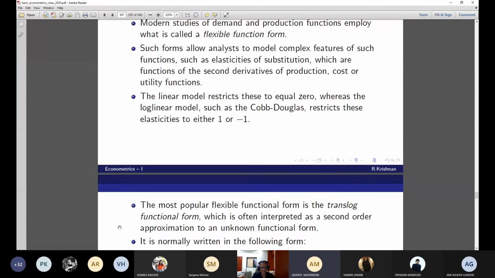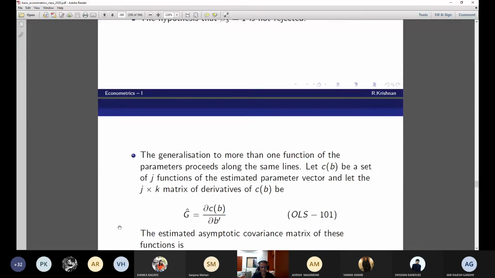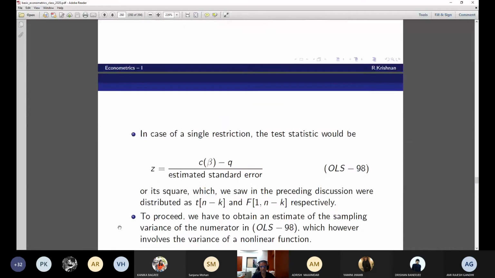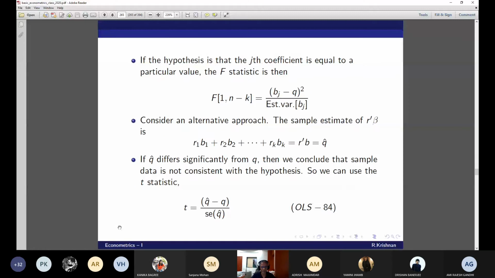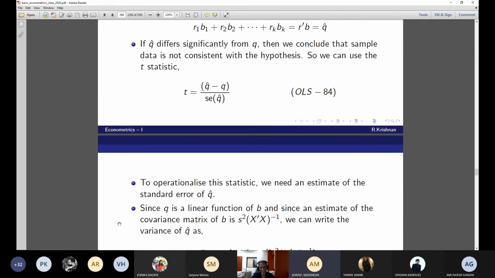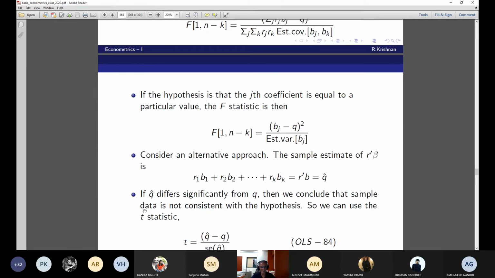Sir, from the coefficients. Okay, if you want the formula, I can give you. This is the formula. So we can write T squared is equal to F, right, sir, directly. No, I'm asking you to calculate the F stat. Oh, sir, so R squared by K by 1 minus R squared by N minus K, I think, sir. So that is the F formula.